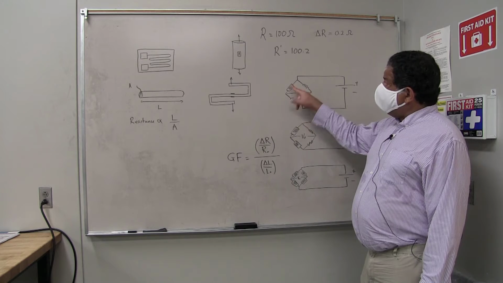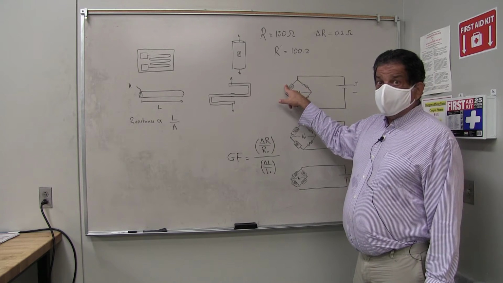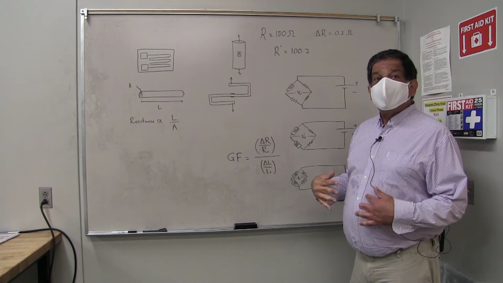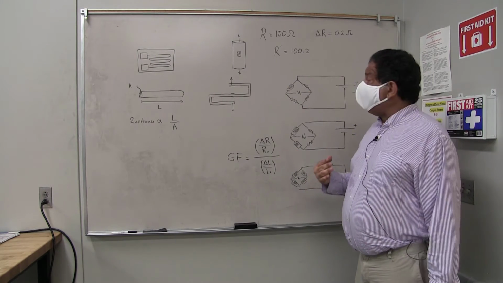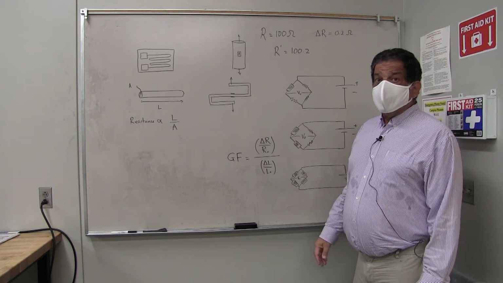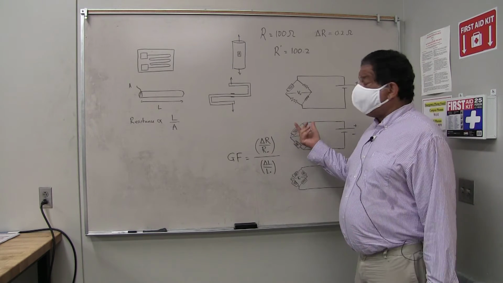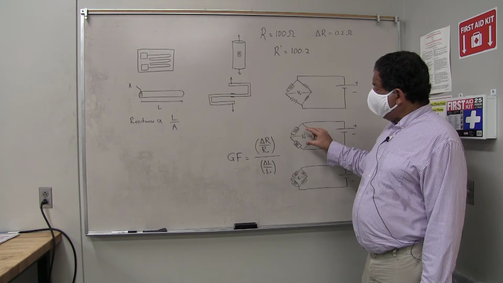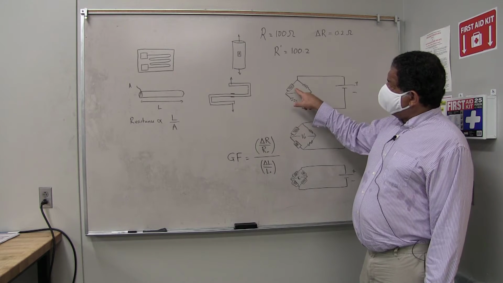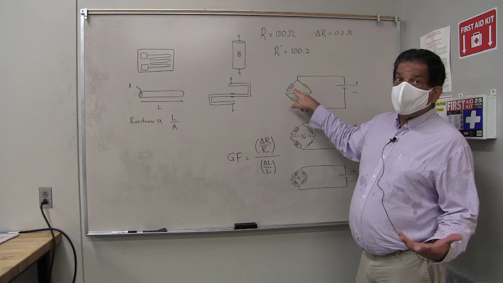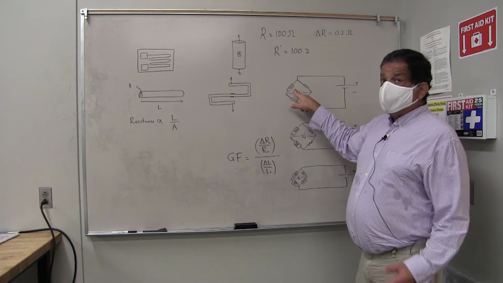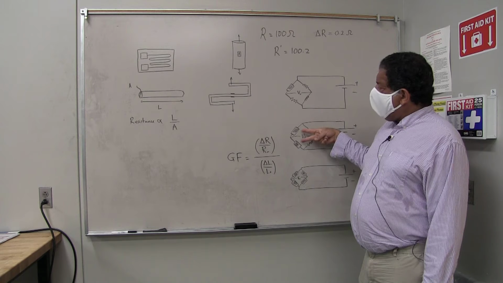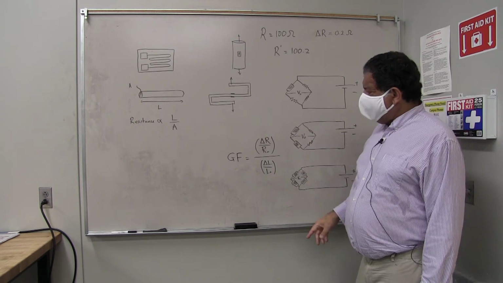If you have more than 1 active gauge in your Wheatstone Bridge, that increases the sensitivity of the system, and it helps you reject certain kinds of systematic error at the cost of greater complication and greater electronic overhead in your devices. So one alternative to this quarter bridge, which is not super sensitive, but which is very simple and efficient as far as the usage of the electronics, is a half bridge, where